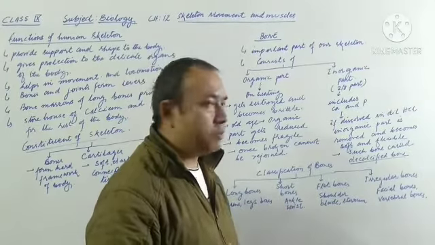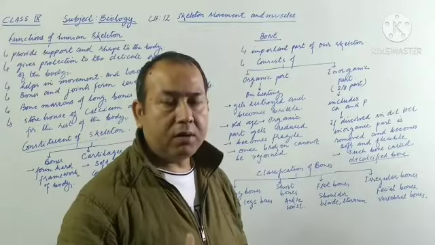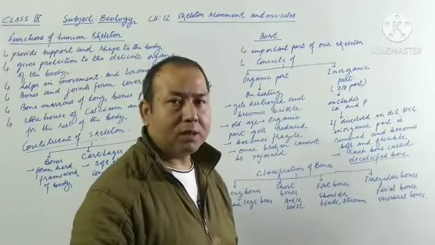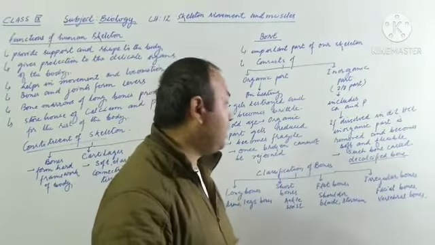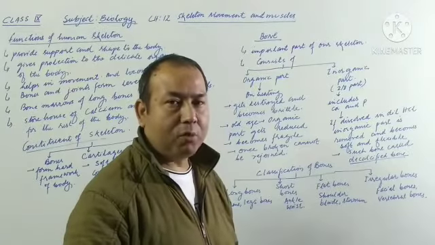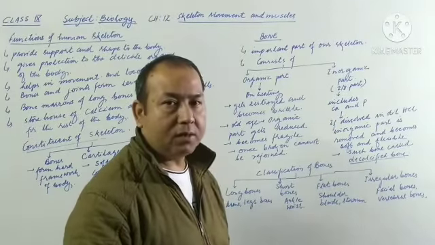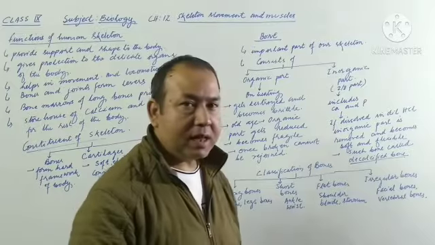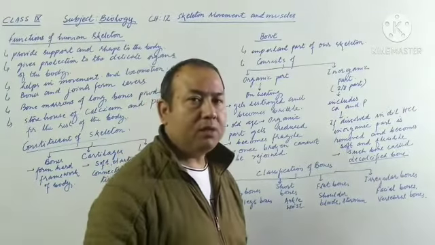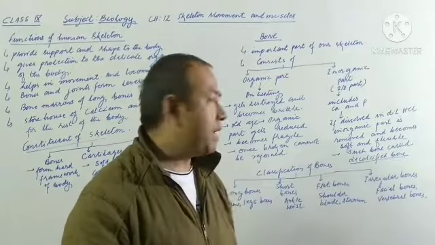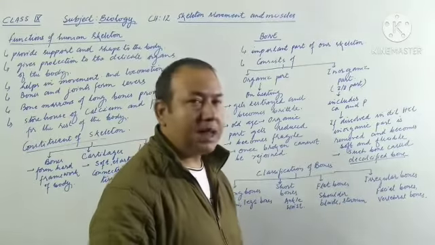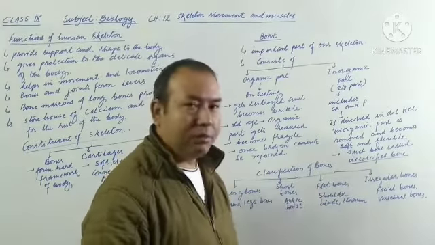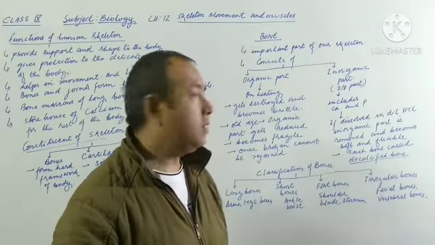Now suppose this bone is allowed to react with, or is dissolved in, dilute hydrochloric acid. Then the calcium and phosphorus can be easily removed. As a result, the bone becomes very soft and flexible, like a rope; it can be tied to anything. So from here we understand that the main hardness of the bone is due to the presence of minerals like calcium and phosphorus. The removal of calcium and phosphorus from the bone is called decalcification, and the bone is said to be a decalcified bone.